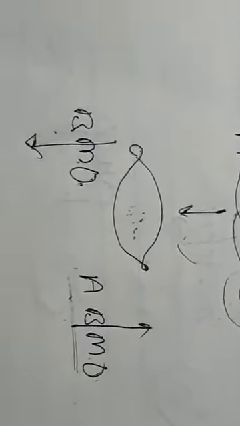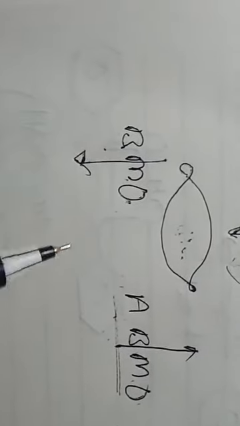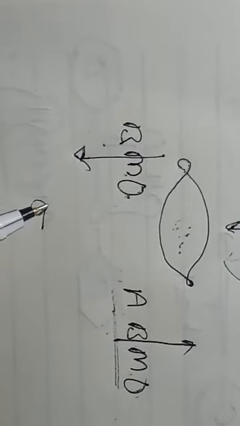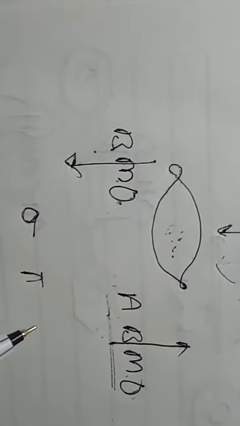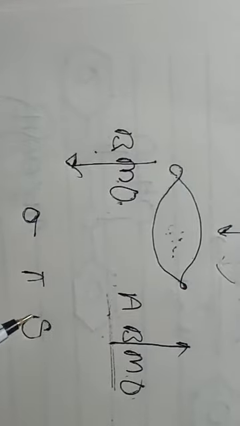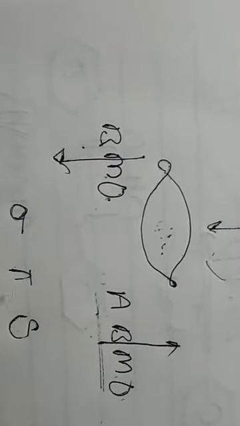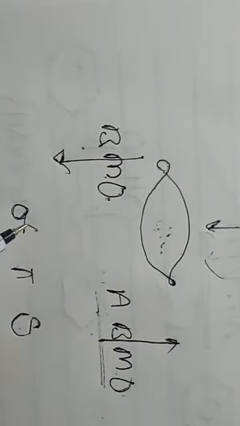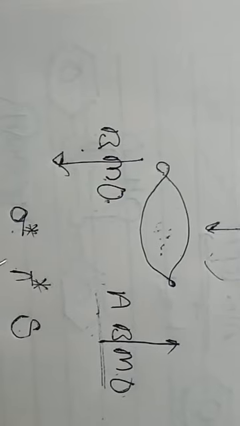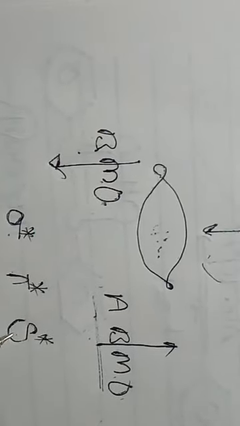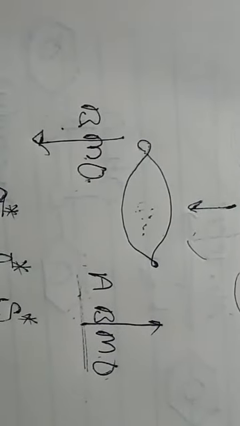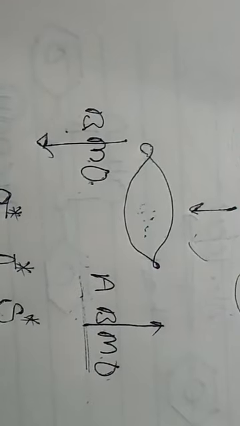Okay students, then the next thing is that molecular orbitals are represented with signs like sigma, pi or delta. So these signs are for bonding molecular orbitals, and when we use a star sign with these symbols, then these are the symbols for anti-bonding molecular orbitals. Okay students, so this main point I repeated for you again.